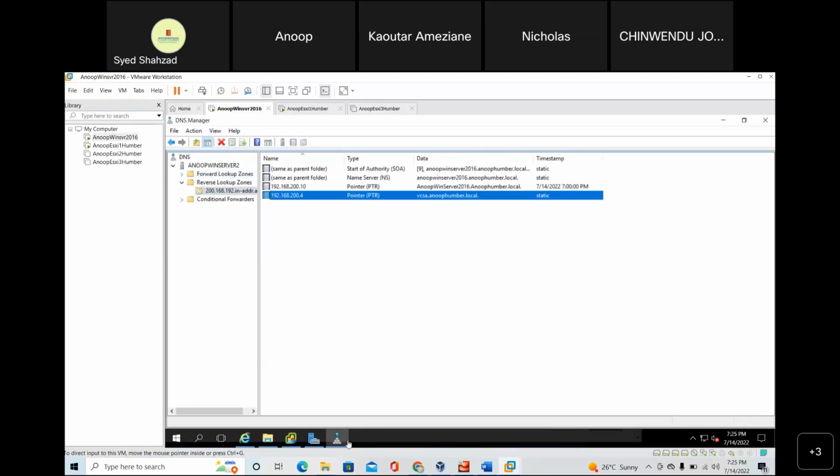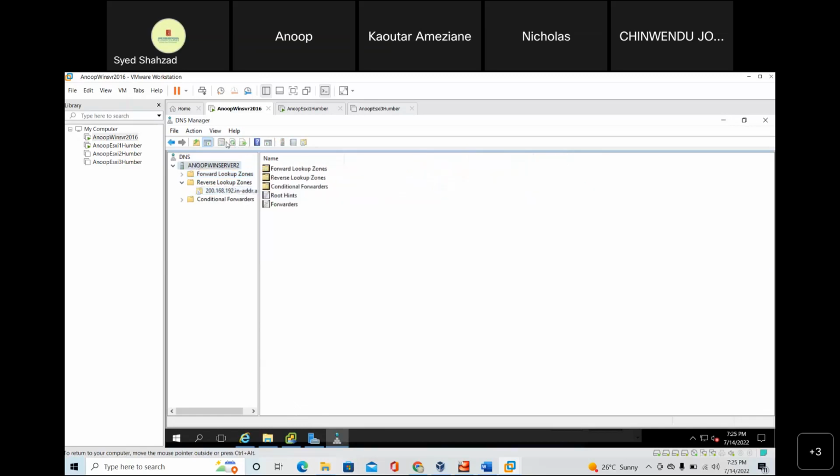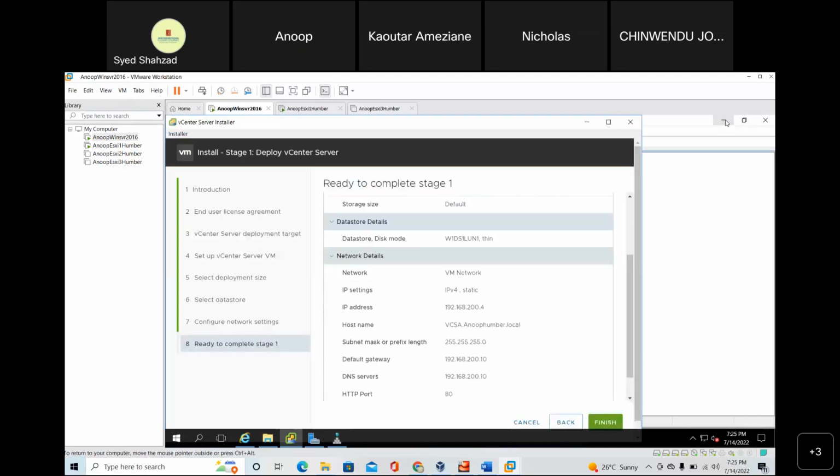So once that is done, just refresh on the server name. Go to the left side above. Anoop server, yeah, Win01. Click that server first and refresh. Yeah, this one. And refresh. Now you're good. Now did you take the screenshot of that? So yeah, reverse lookup zone, you can confirm there if it got created. 200.4 is created. Now take a screenshot of this screen. You should be good. And then we'll click finish. But take a screenshot, and the name is